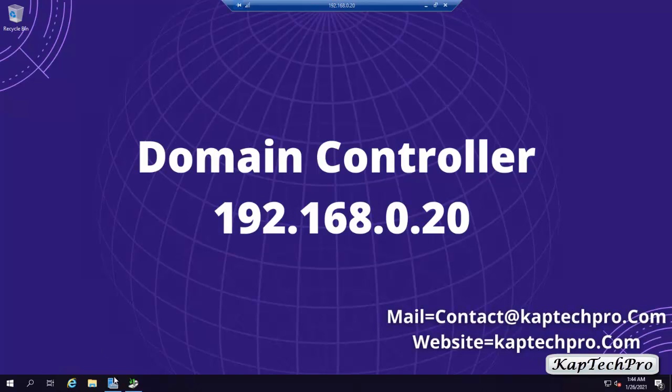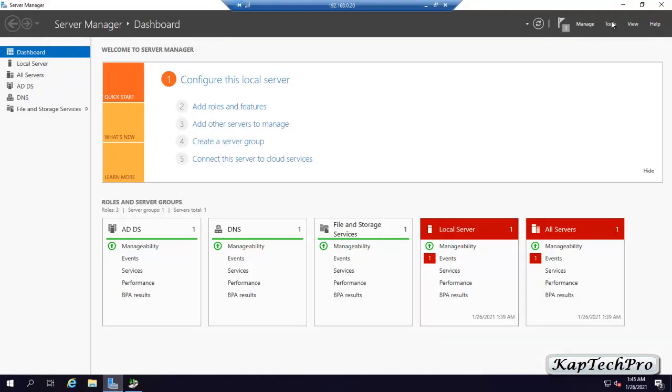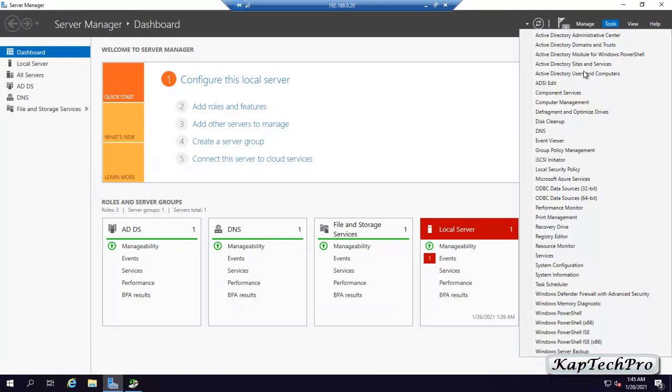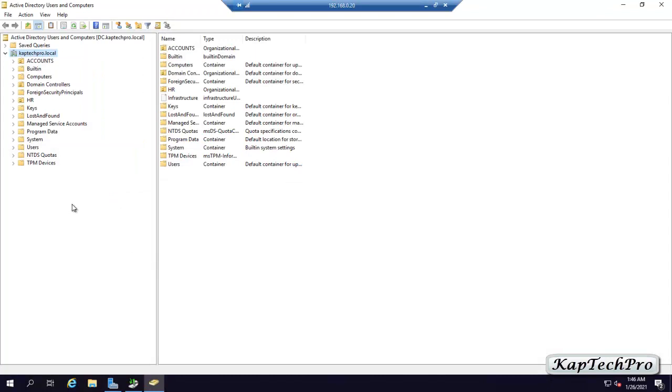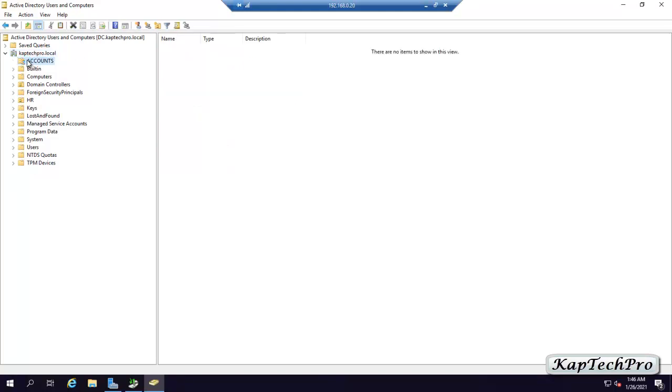We'll open Server Manager. We will click on Tools. We'll click on Active Directory Users and Computers. So friends, this is our Active Directory Users and Computers wizard. We have so many OUs over here. We have Accounts. In Accounts you can see we have one client computer. Fred, George, Mayank are users. In the HR OU, we have two users, Amit and Ashish. So we will delete both these OUs and we'll try to recover them using the backup.